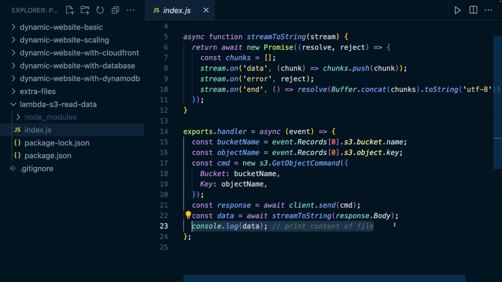Simply because it is a basic demo, but of course we could also store that content in a database or change that content, perform some analytics on that content, do whatever we need to do. In this video, however, we'll see how we create and use such a Lambda function, how we can configure it, and how we can connect it to an S3 bucket, which acts as an event trigger for this function.